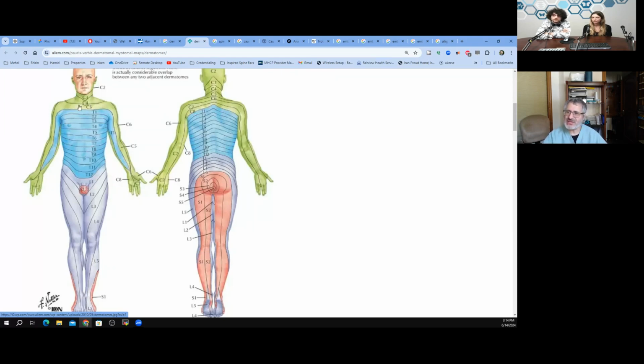Obviously, shoulder is C4-5, thumb is C6, middle finger is C7, pinky is C8. Nipples are usually T4-5. Umbilical, the belly button, is T10. Groin is T12-L1. Usually L1-2 is front of the thigh. Outside of the thigh is L4. Back of the thigh is L5-S1. That is why